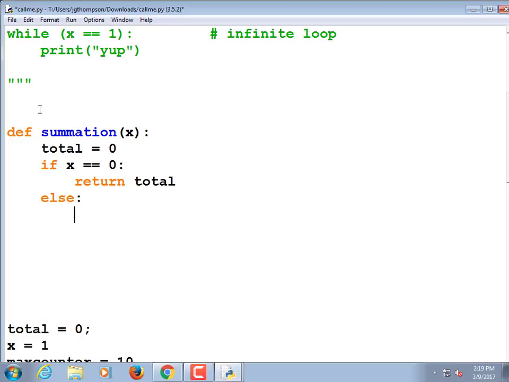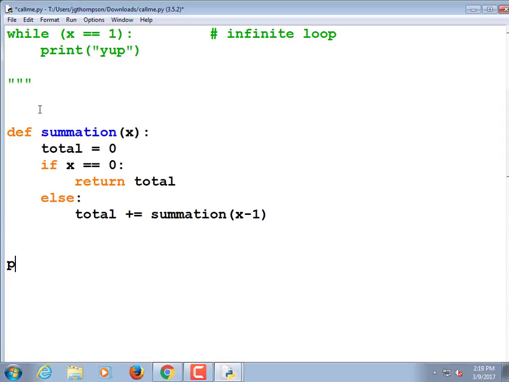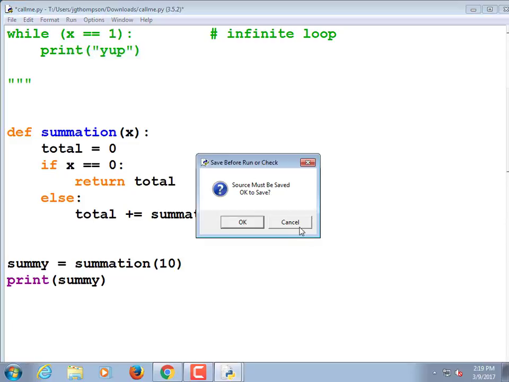Else, total plus equals the summation of x minus 1. Now I'm hoping this works. I'm going to call this one summy, because that's a stupid name, is equal to summation of 10. Then I'm going to print summy.